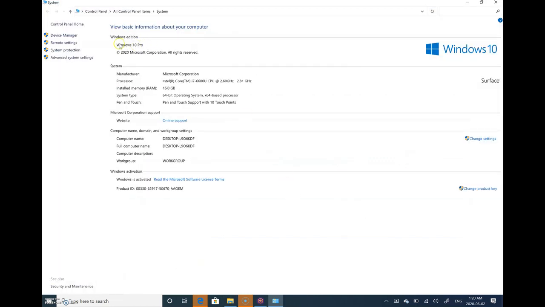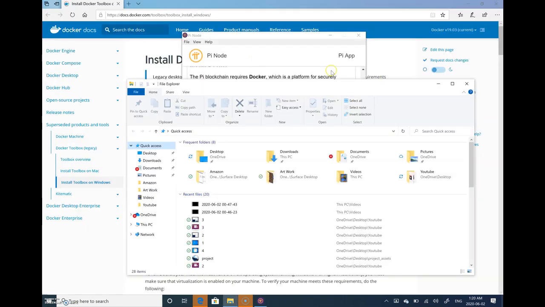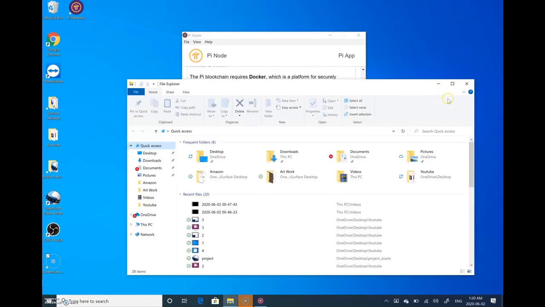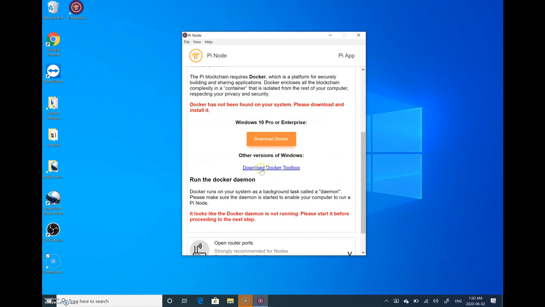At this point, at the very top, you'll see that it shows my Windows version. Right now it shows Windows 10 Pro because I'm running Windows 10 Pro, but if you're running Windows Home, this would say Windows Home. Alright, so let's go back to the app. If I click on download Docker Toolbox,